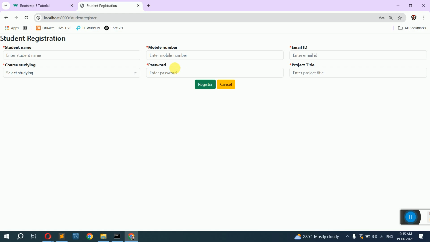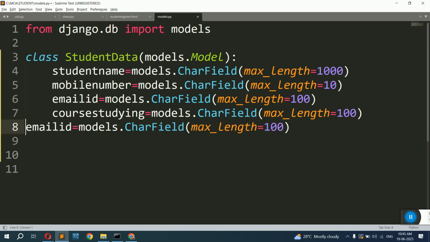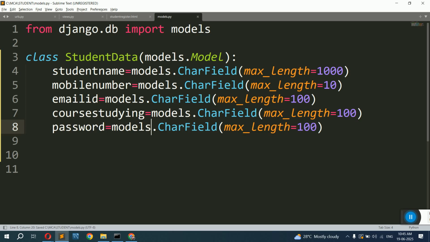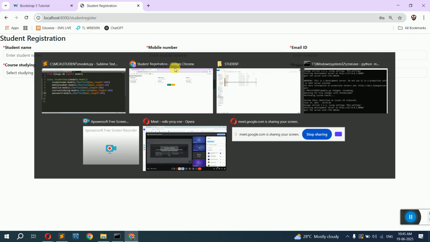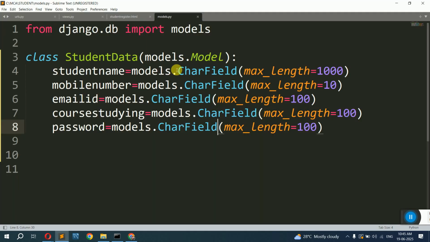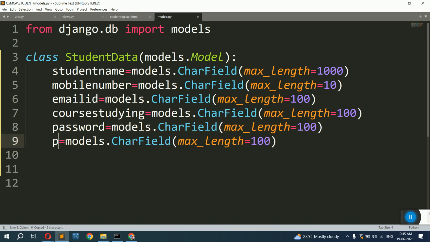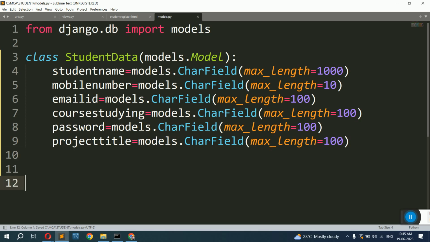After course studying, I have password. So I'll use password. Password max_length is equal to, and after password, then this project title. So again copy paste project title. Okay, and most important, whenever we add some data in the models.py, it is very important that you